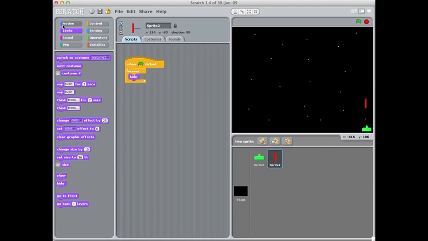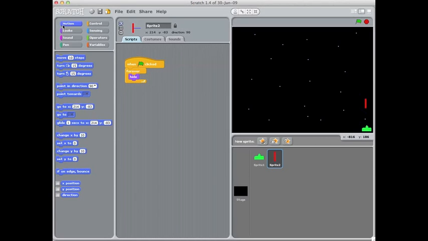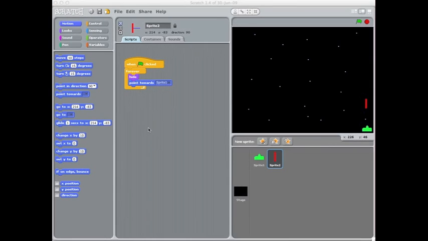At the same time as being hidden, I want it to follow my cannon, which is sprite 1, around the screen. So you've got the option here of this fifth block down in the motion category, which says point towards, and in the empty drop down box there you should see other sprites that you've already created are listed. So it says sprite 1. I'm going to click on that. So it says point towards sprite 1,